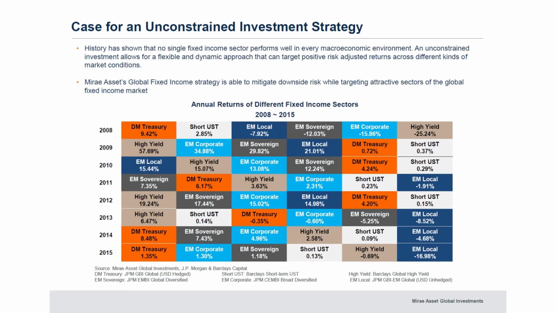Even though we are investing in the global fixed income market, we do not follow any well-known benchmark index. Let me explain why we are taking such a benchmark agnostic approach. From 2008 to 2015, various types of global fixed income markets performed with very different returns, and there is no single sector which performed continuously better than any other sectors, and volatility of each individual sector was very wide. So if we follow any index, long-term return would be similar to that market's long-term performance, but the volatility